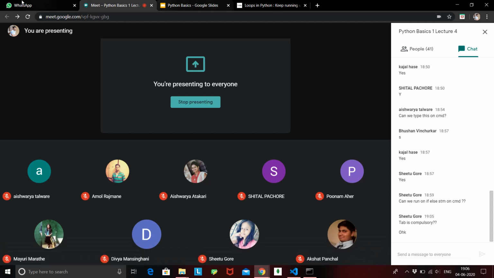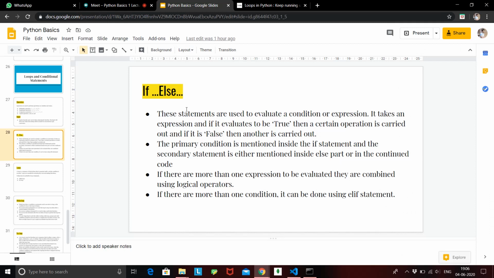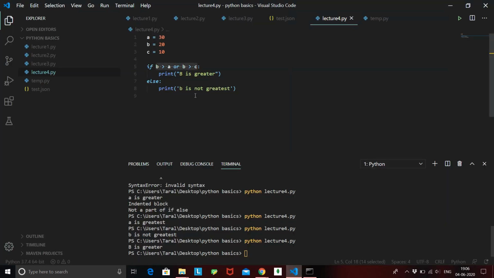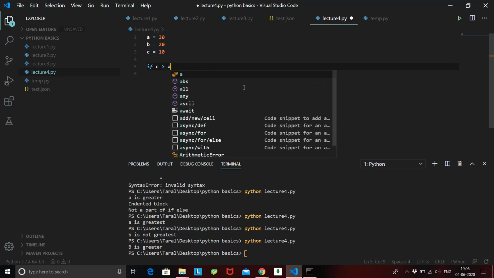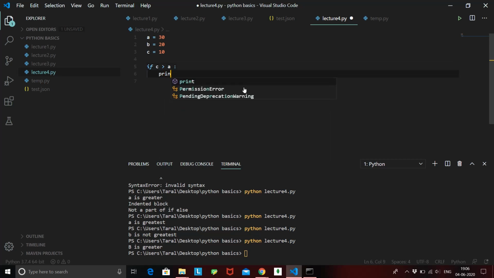So that was basically all you need to know about the if else statement, and there is this last statement: if there is more than one condition that needs to be checked, we can use elif. Let's see an example of elif. Again we have three variables called a, b, c that have the values 10, 20 and 30. If c is greater than a, I'll say print